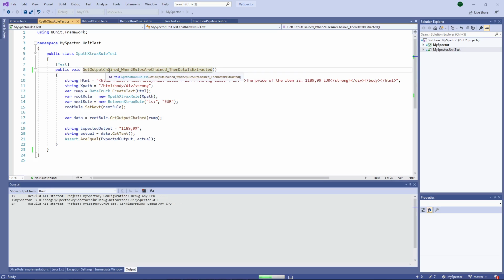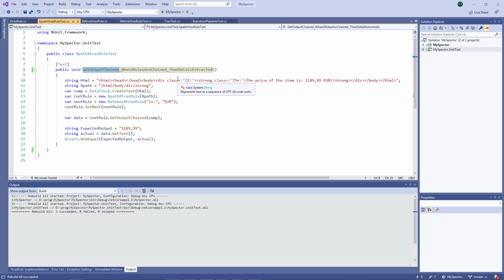I want to take the time to remind that the method which is targeted by the test is the prefix of the test method. Then I have the initial conditions. When two rules are chained, then the data is extracted correctly, this is the expected result. So targeted method, input, expected output.